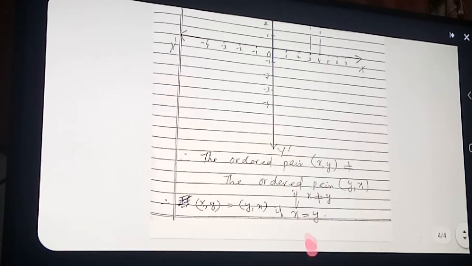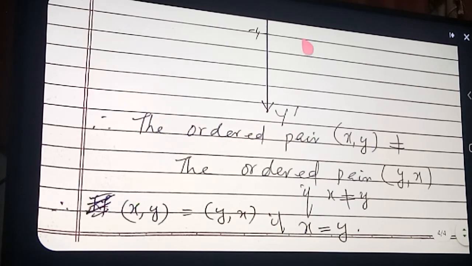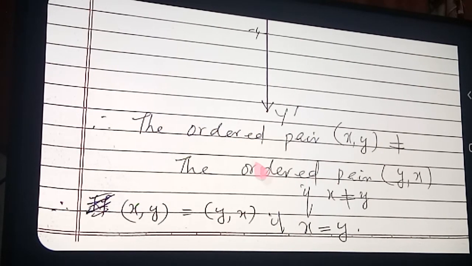It's a conclusion only I have written down, sir. That also see. Then only you will be able to write it in your notebook. Okay. All these points you should write in your notebook. That's why I have written the note also. Therefore, what is the conclusion I have written here?